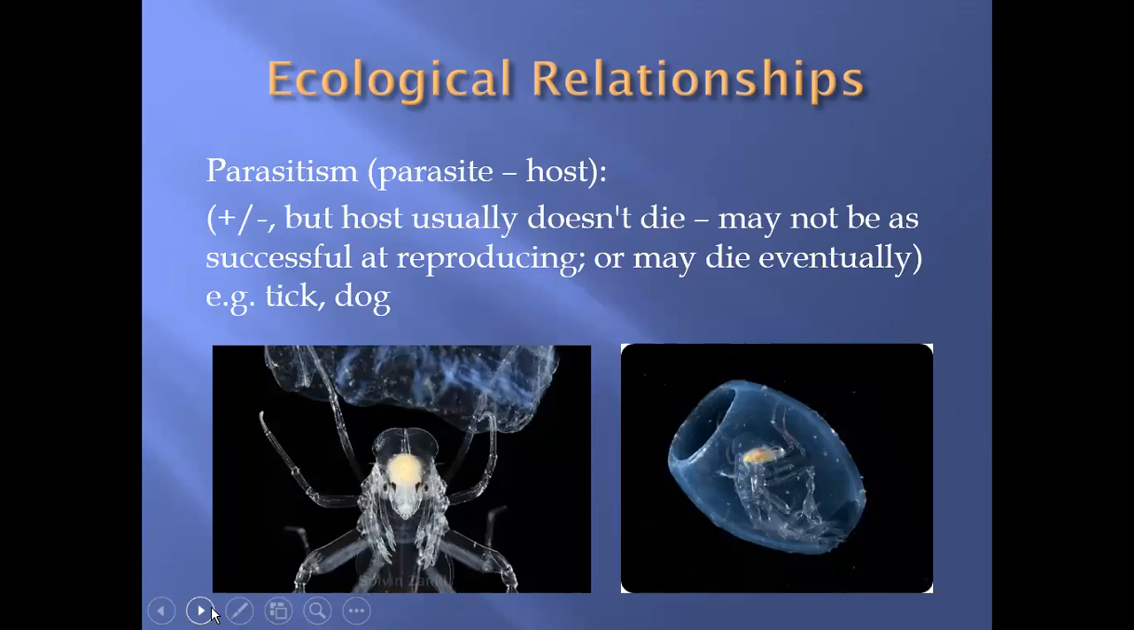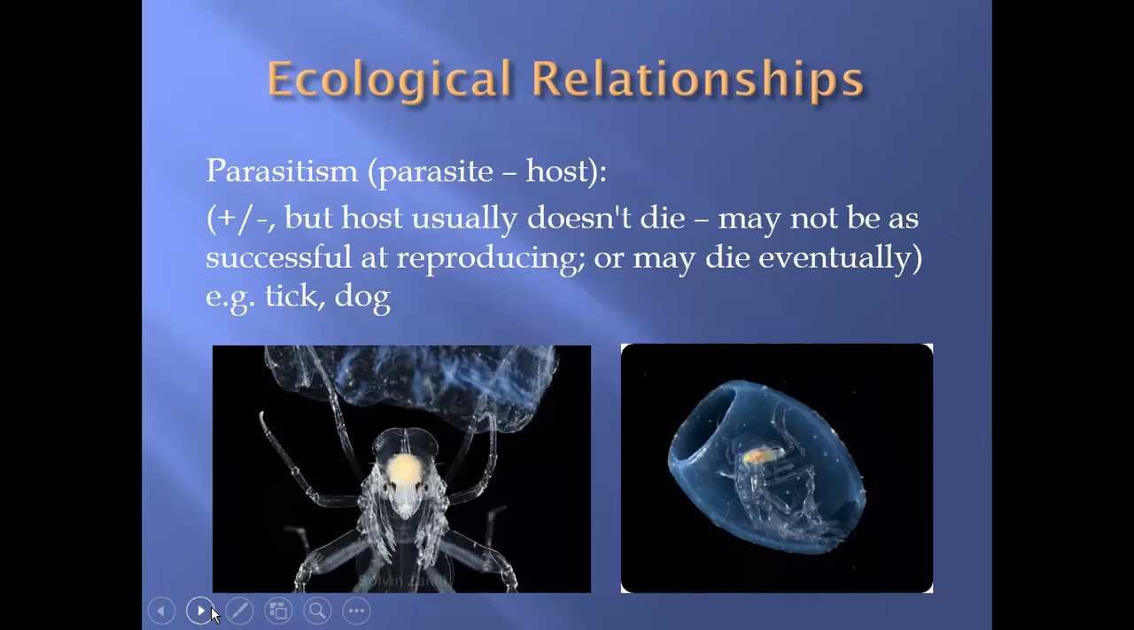Parasitism. So parasitism is plus minus. For the parasite, it's positive because the parasite gets food, but for the host, it's negative. However, it's really important in parasitism that the organism doesn't kill the host. So the host is supposed to be alive and be a source of continued food for the parasite, but it's not supposed to die, or that would turn it into a predator-prey relationship. However, the reproductive success of the host is oftentimes decreased, and eventually the organism could die